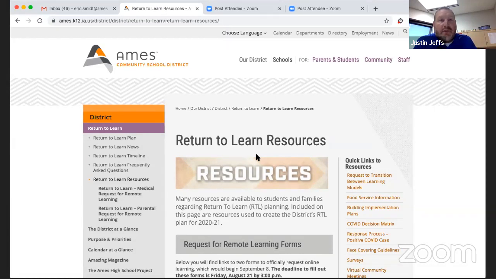Just know that these plans are fluid. Just like with anything, you try something with a structure or a system in place, and it goes south, and you weren't planning on that, and then you just need to go back to the drawing board and revamp, and we'll certainly do that. So just know that we will continue to send you updated information as a staff. We will send videos and different things like that along the way to give you as clear and precise a picture of what to expect day one and beyond. So just looking forward to getting back on school grounds and getting going in some ways. So that's what I got.